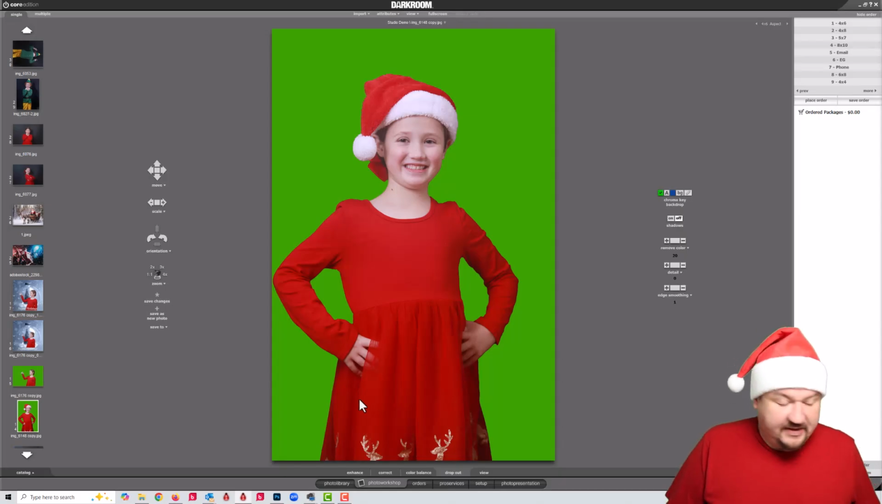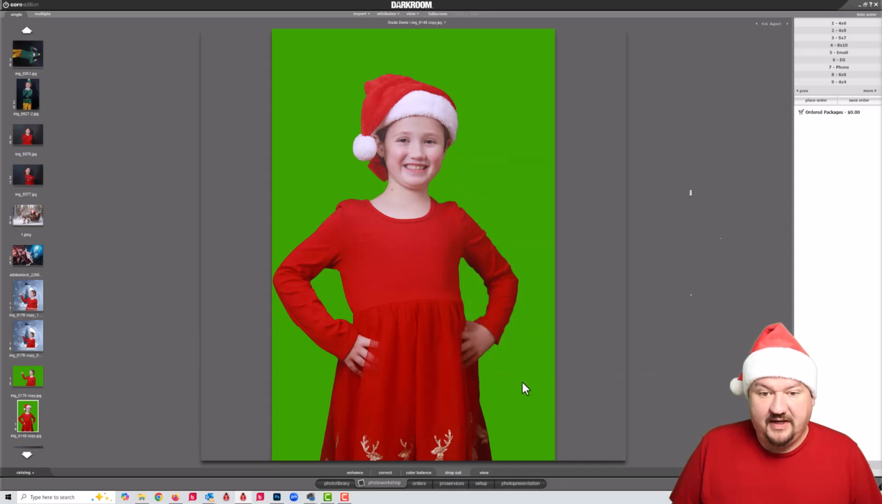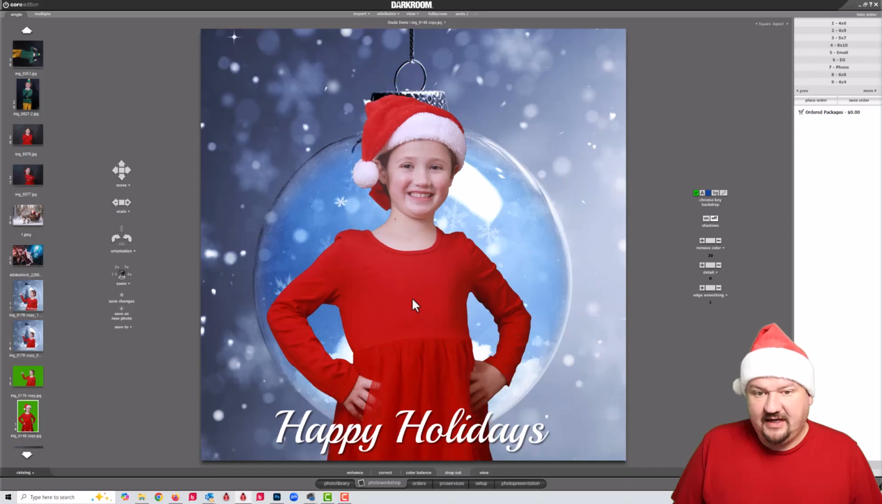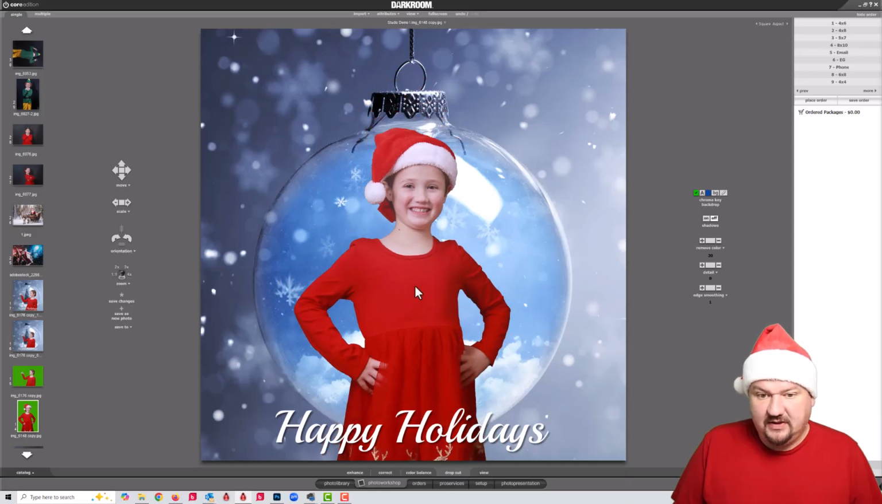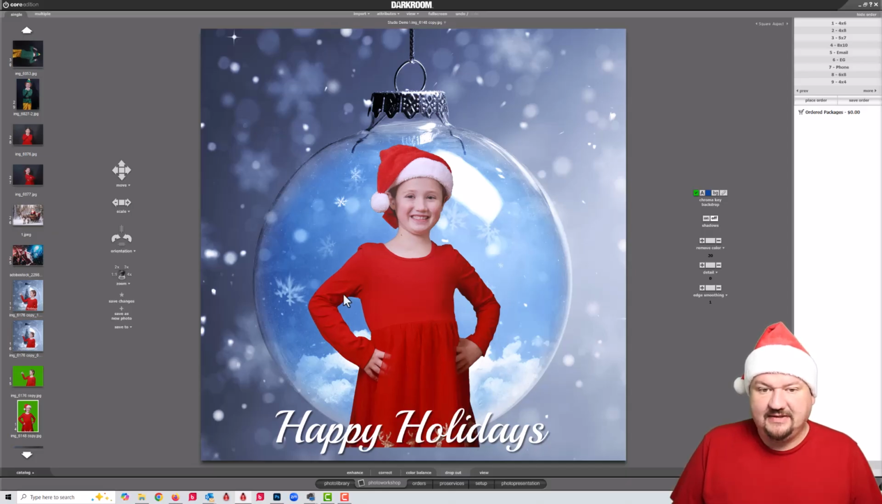Okay, so I have a green screen image. I'm going to go ahead and pull up my template, and you'll see that right here it doesn't fit in. I kind of shrink it down a little bit, but we still have this hard edge right here. And what we want to do is make sure it looks as if she's inside of the ornament. So let's switch over to our